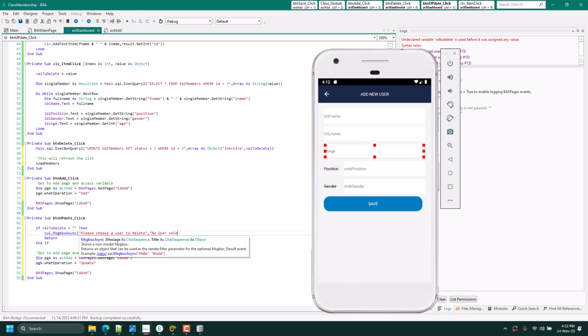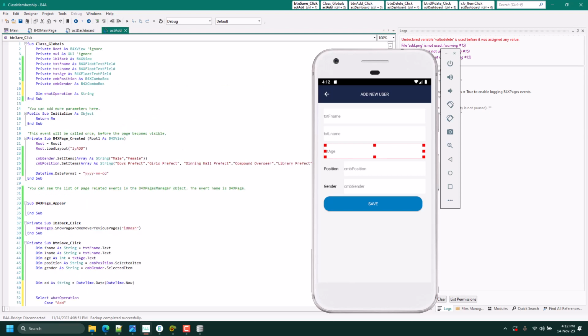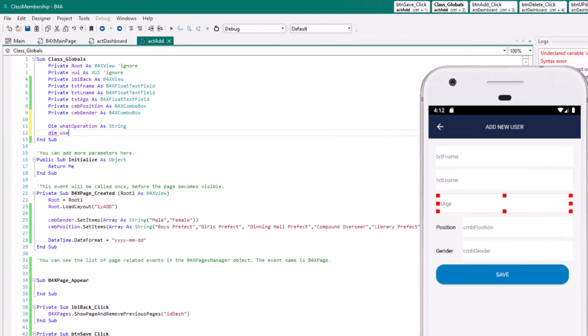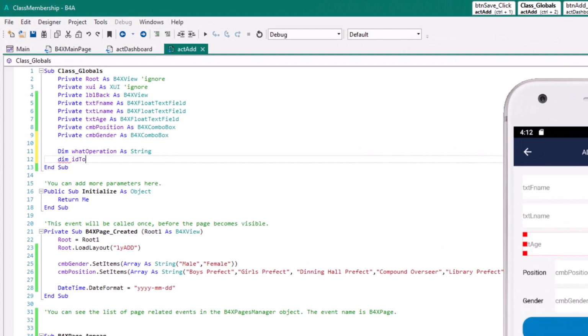Now if a user is selected, then it can show the page. Then you should also have another variable, ID to delete. Let me also make it a string.